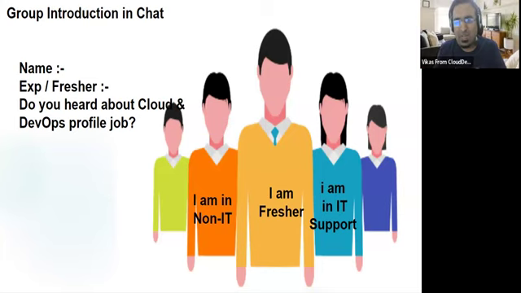I also got to know about Nirav. Nirav is messaging in the chat that he is from Gujarat and working as a system admin. Dhanya Shri says she has 2.5 years of experience. One is a fresher, Savesh. We have freshers and experienced people both. Some are admins, some are freshers, some are experienced, some are from data science, some are developers.